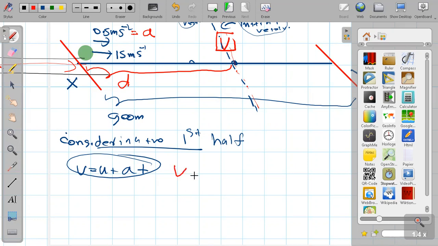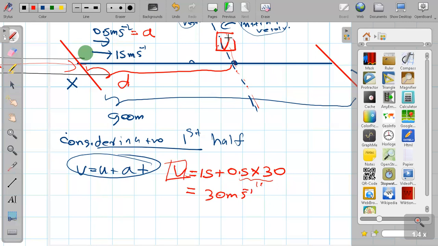V I don't know, u I know, 15 plus 0.5 times time, which is 30. So what will my velocity be when I multiply? Some 30 m/s minus 1 is my velocity. This is the final velocity for the first half, but for the second half, it is the